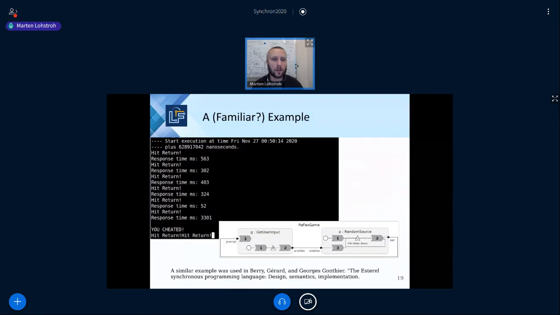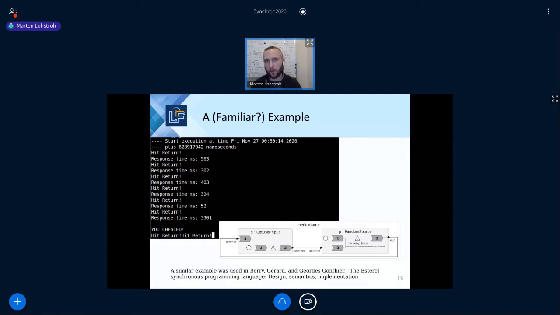So here's another example that might be familiar to some of you. It is also checked into our repository. This is a simple reflex game. I don't think I'll have time to go over the code with you, but it's actually a very compact example. The random source prints on standard out with some random interval. It notifies the get input component that it did so,